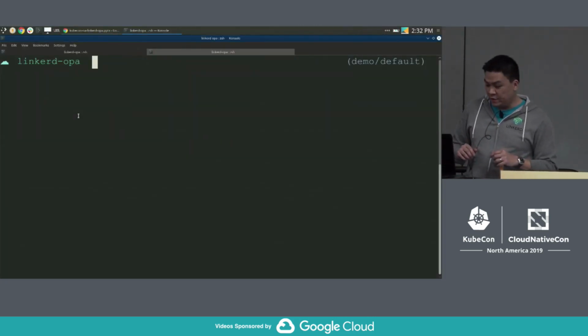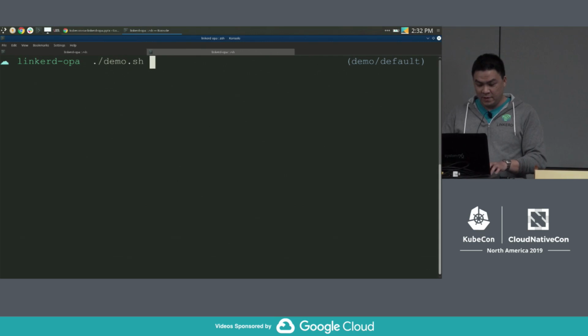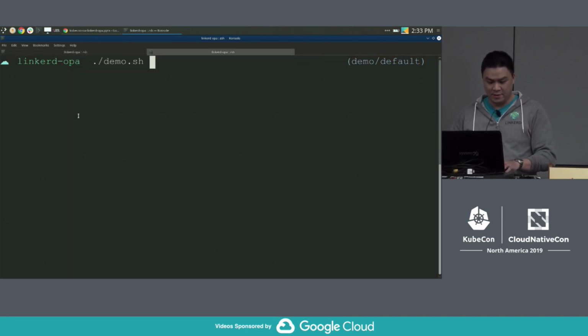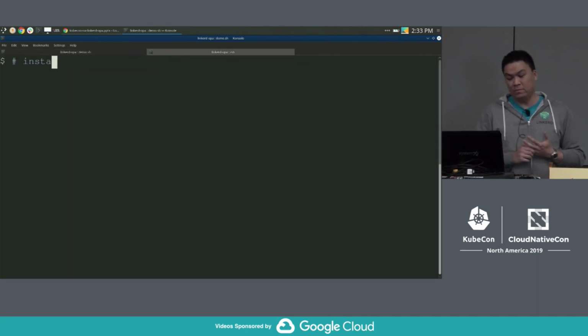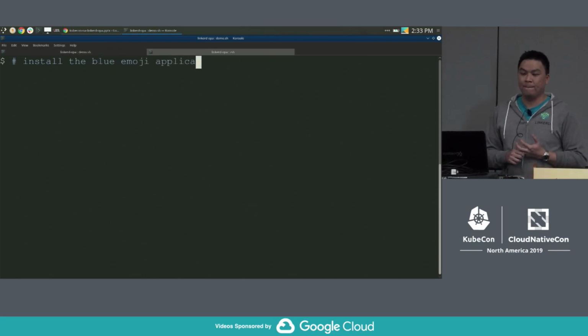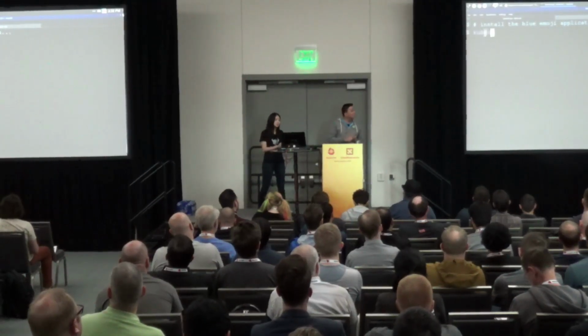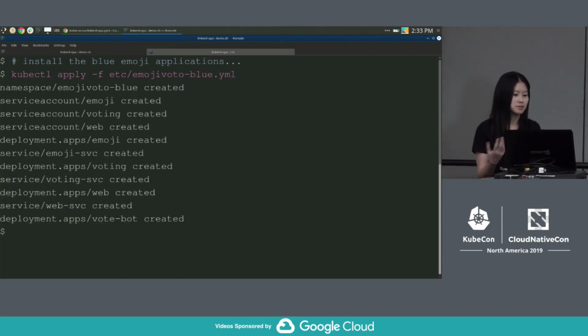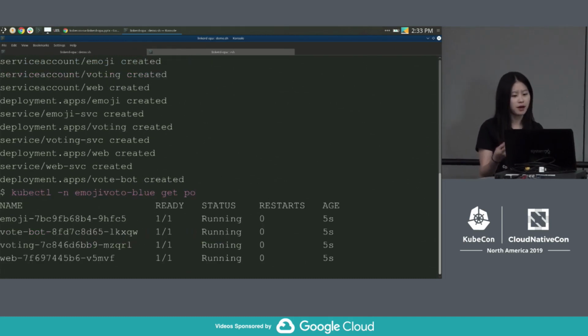I'm going to switch over to my terminals now and run demo time and run our script. I want to make sure I am connected to my Minikube instance. All right, so first, let's deploy the emoji app. And as you can see, first we dump a bunch of components that are part of the application. And as the pod is coming up,